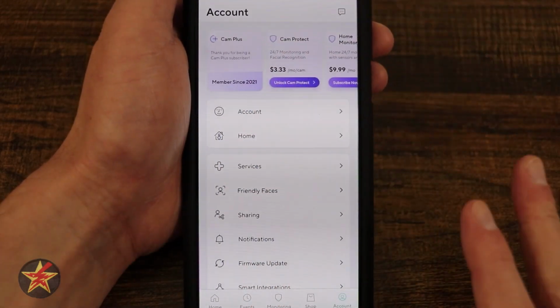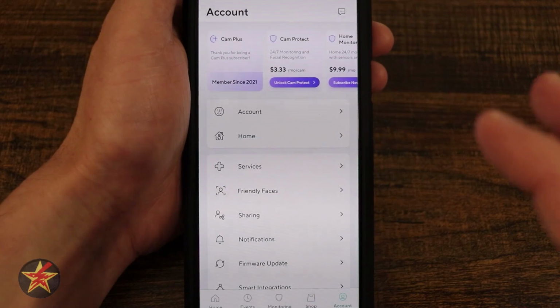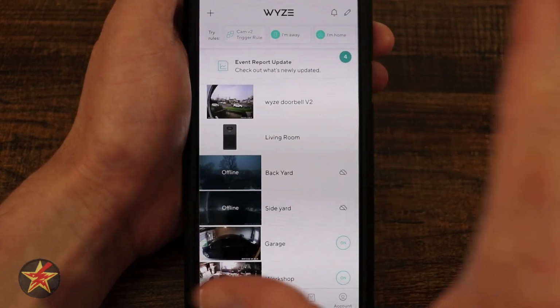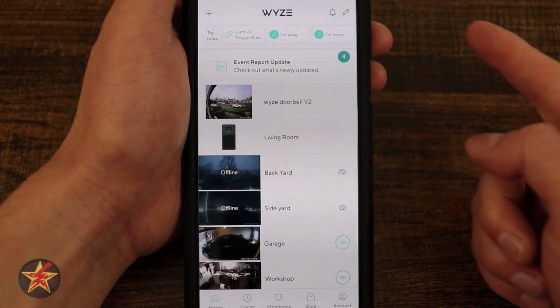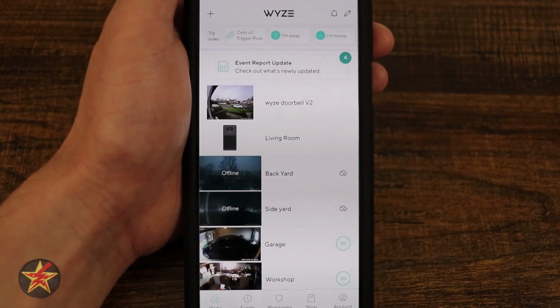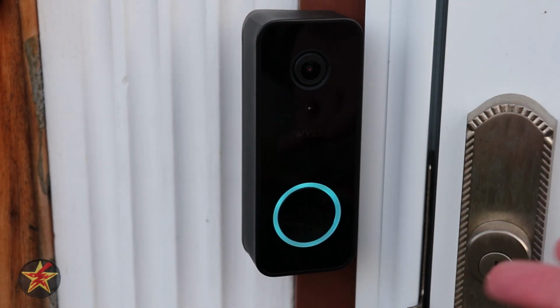The account page here, just think of it as if you have multiple Wyze devices, this will help you aggregate all of that data and information in a single location. And that has been everything that you can do for the Wyze Video Doorbell 2 utilizing the Wyze application. As you saw, if you're familiar with the Wyze app itself, it doesn't really stray from what made Wyze user-friendly